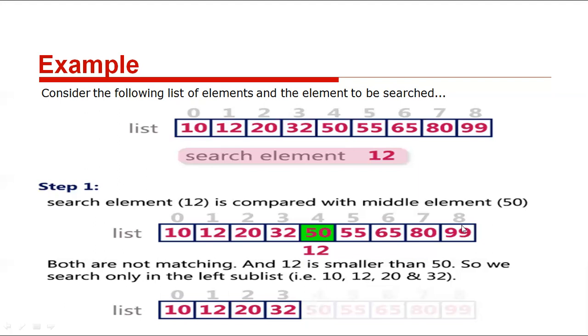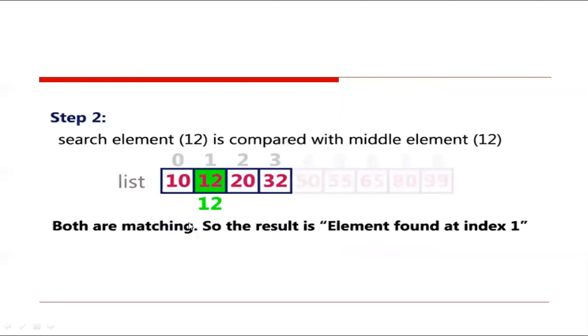Clear? So simply, it leaves this array. Clear? The control moves from here to the upper array. Clear? So 10, 12, 20, 32. So then your bottom equal to 3, top equal to 0. Again, I want to find the middle element. Here again, the mid is 0 plus 3 by 2. 3 by 2 equal to 1. Clear? So the list value at location 1 is 12. 12 equal to 12. Both are equal. Yes or no? If both are equal, then the search element is found at location 1. Clear all of you? This is the binary search algorithm.